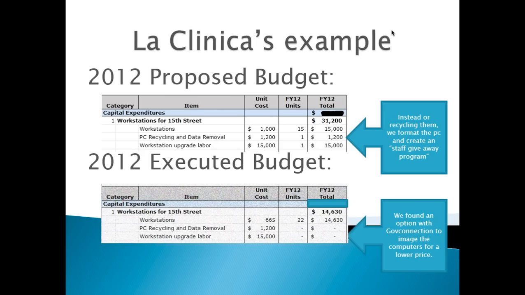Better price, I would say, than the company that was selling it to us. For example, I tried to buy some Dell computers, and the same computers that I bought from Gov Connection were more expensive with Dell than with Gov Connection. Gov Connection sold the same computers, so for some reason they got better prices and they gave me a better deal. So I was able to buy 22 computers instead of 15, and I used